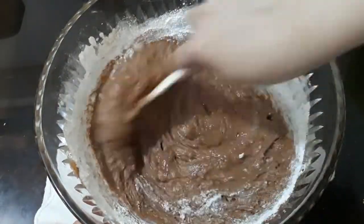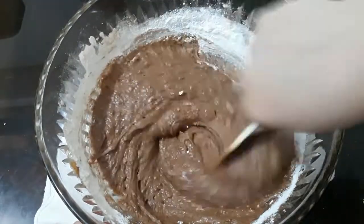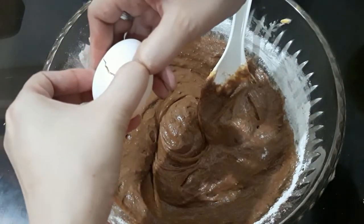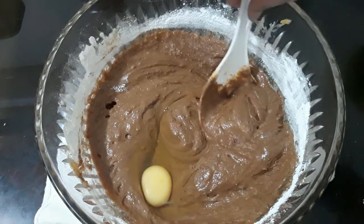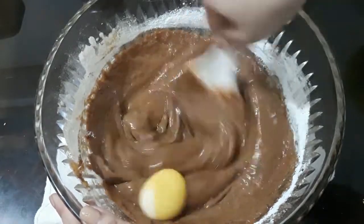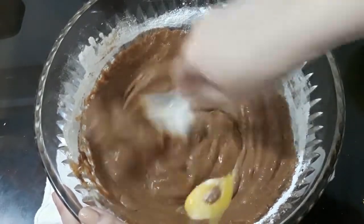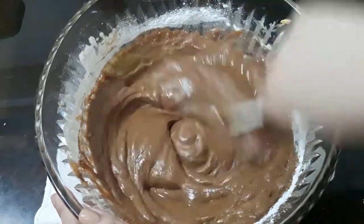And you know what? I feel like adding that 3rd egg that I didn't add earlier, so let me just go ahead and do that. And honestly, one of the reasons why I'm adding this 3rd egg is because I saw that it's already cracked. So we'll mix, mix, mix. I hope it doesn't ruin what I'm doing. I hope the mixture doesn't break. I have a feeling it will, but we will keep on mixing. It's starting to look good actually,